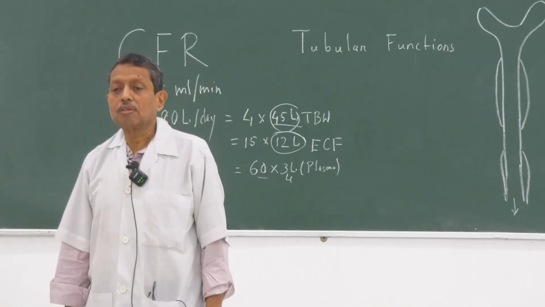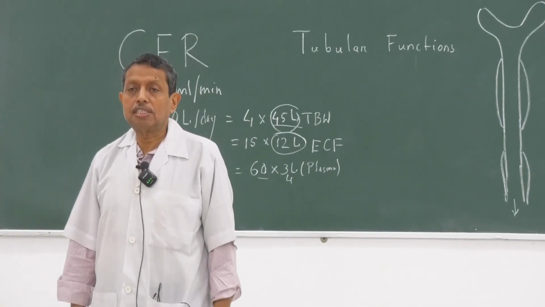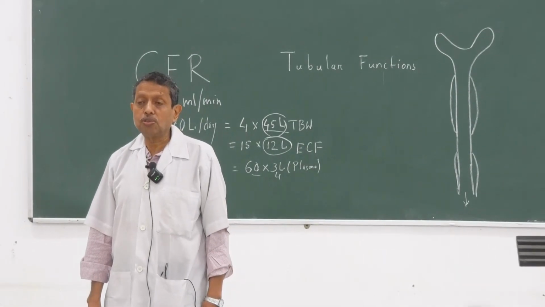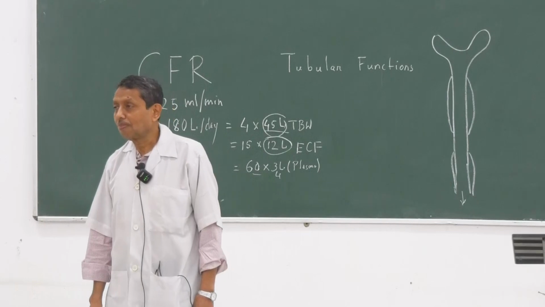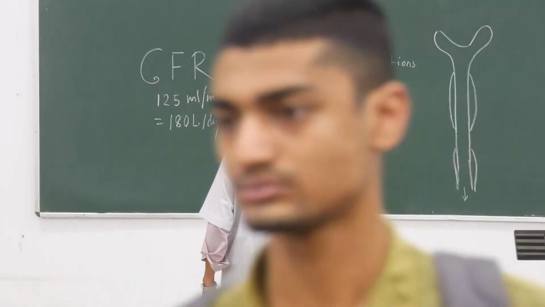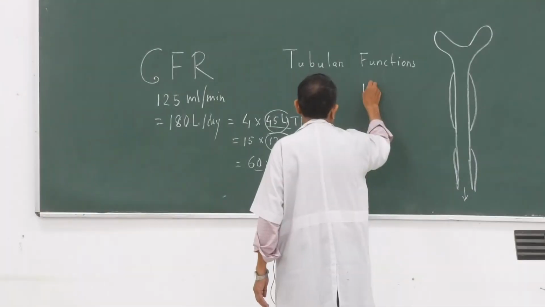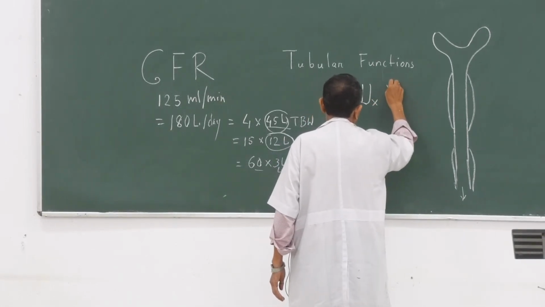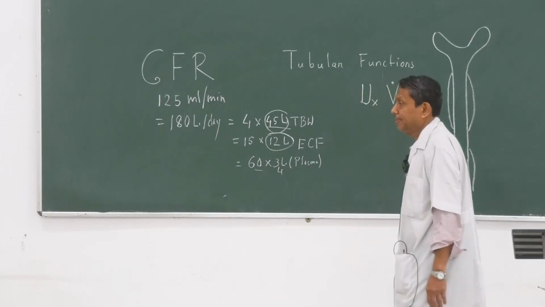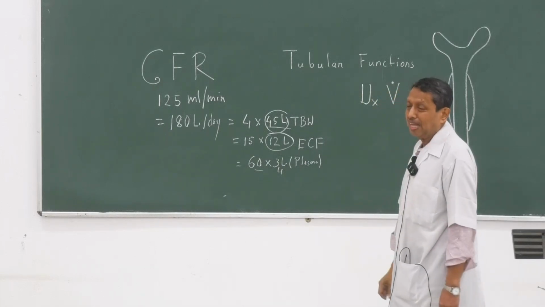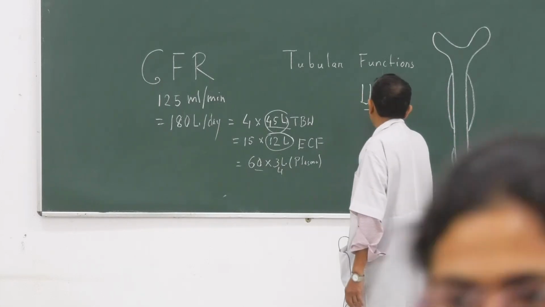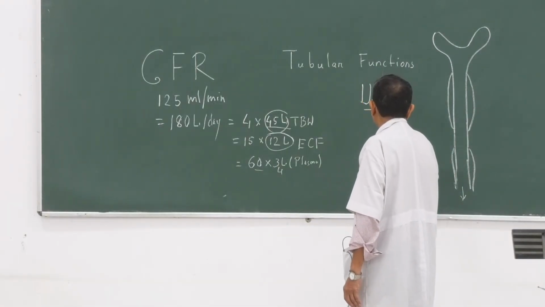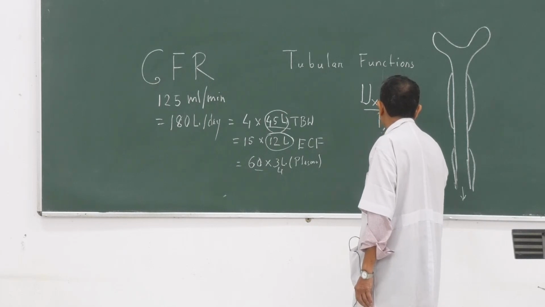is equivalent to urinary concentration multiplied by the volume of urine produced per unit time. That is the Ux. And if it is divided by the plasma concentration,